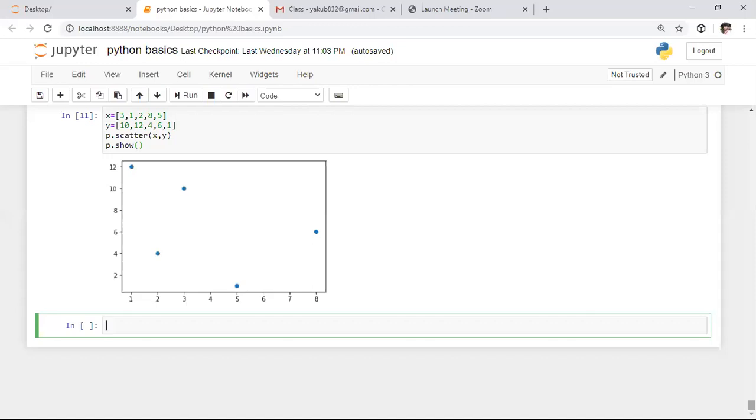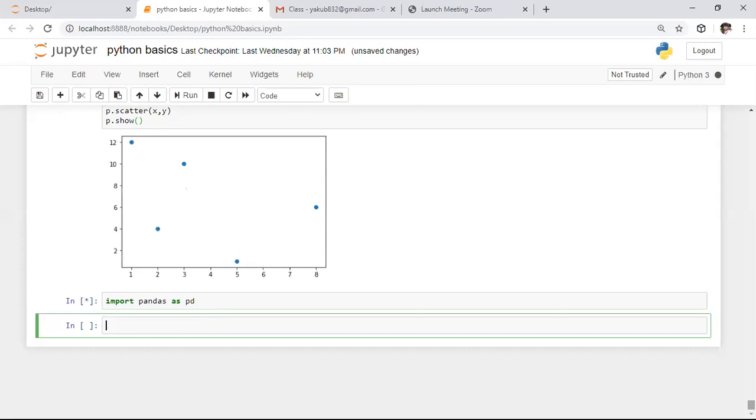So here initially we need to import this module called pandas. To import this module, we need to use the module name pandas. So here, import pandas with some alias name. Here I'm saying the alias name is pd. We need to check whether this module is present in our laptop or not. If it is present, it won't return any error. It will execute successfully. If it returns an error like module not found, then you need to install this module.